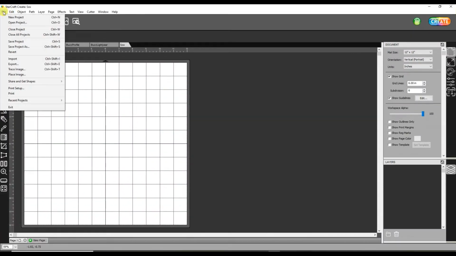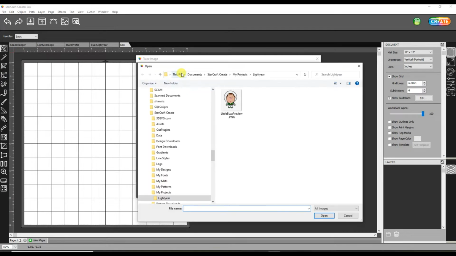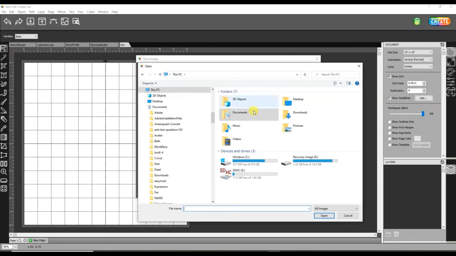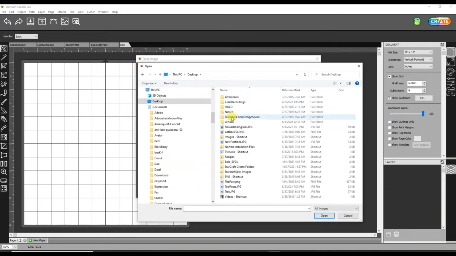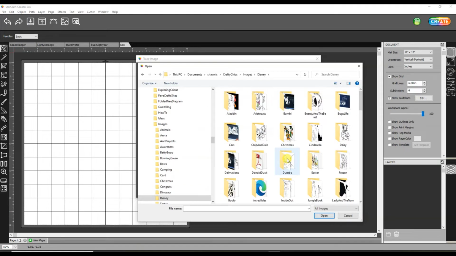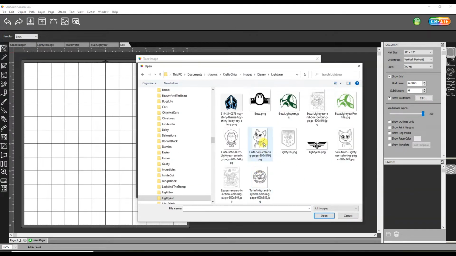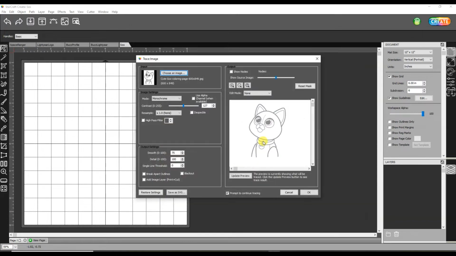First thing I want to do is go to File, Trace Image, and we're going to get this new window. When that pops open, I'm going to navigate to where I have my different images that I want to turn into SVG files saved on my computer. I like to use a coloring book style image like this one. That means it's a basic black and white